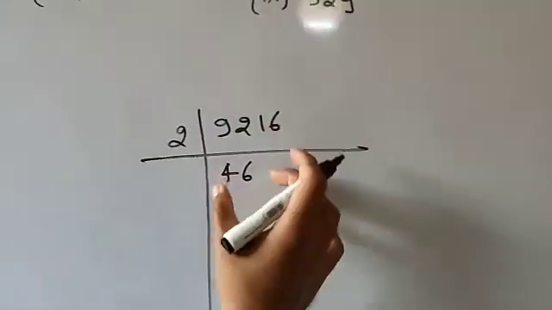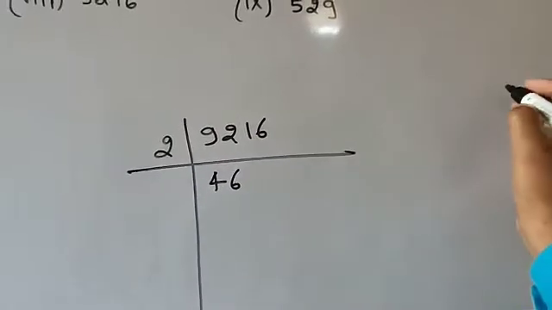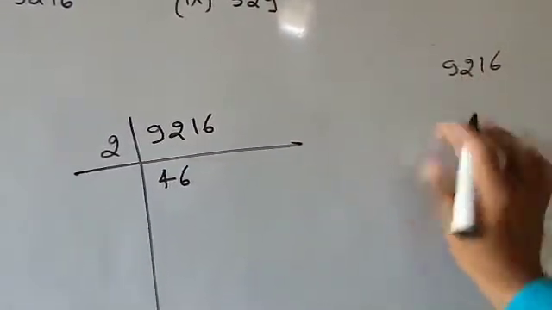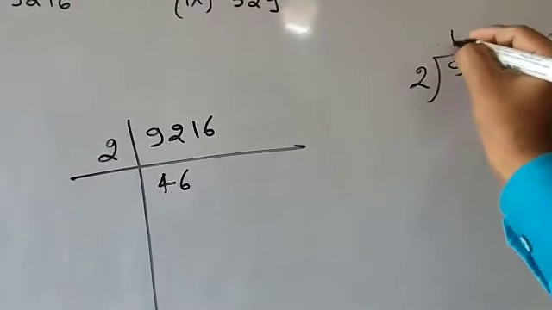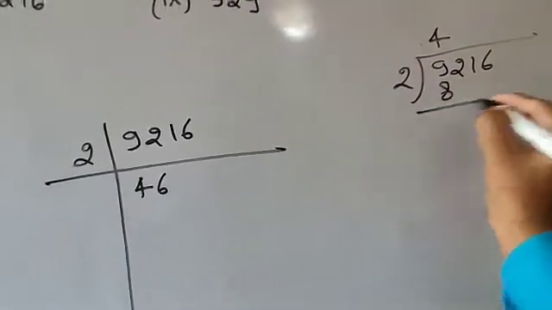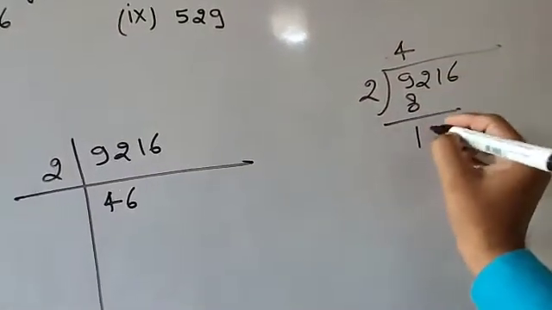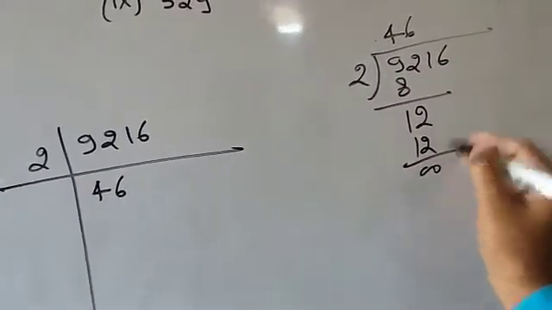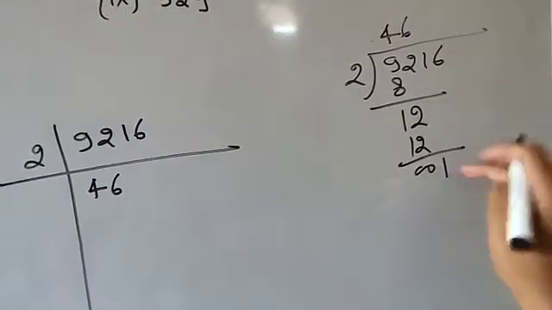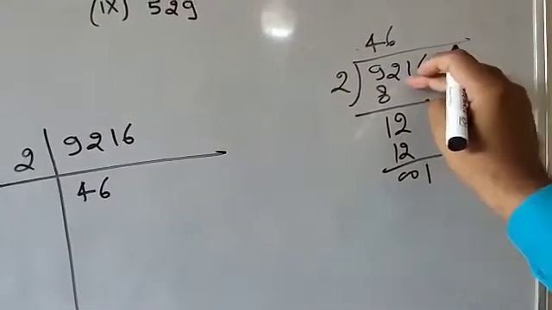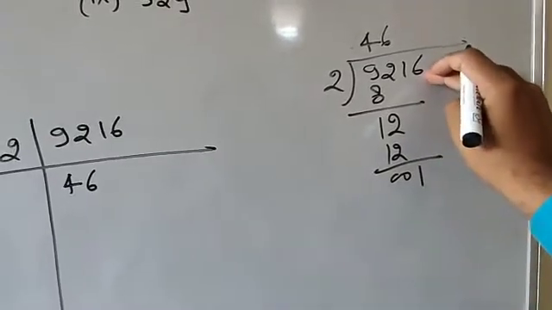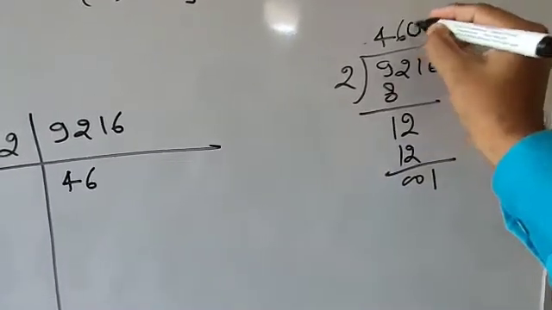Now students, many of the students have confusion here, so I am going to explain how you will divide. If you are going to divide it by 2, then 2 times 4 is 8, then here it is 1. Then you will pick the next number, then 2 times 6 is 12, here it is 0. Then you will pick the next number 1. It is not going to be divided. If after putting the number it is not going to be divided, then you need to pick the next number, but before that you need to put 0 here.